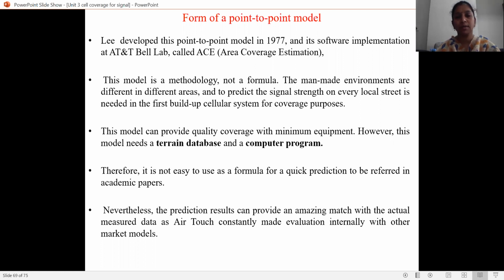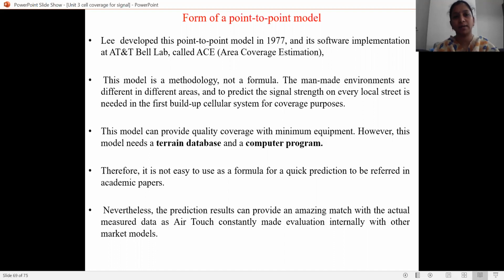For that, we have seen the area-to-area model and different types of path loss slopes in the mobile environment, in free space, and over the water. And we have seen the point-to-point model for the different cases. So here you will see the form of a point-to-point model, what the main points are,